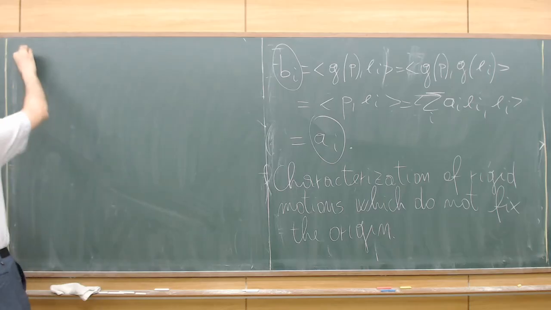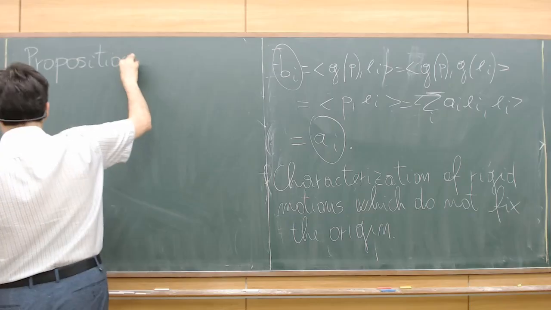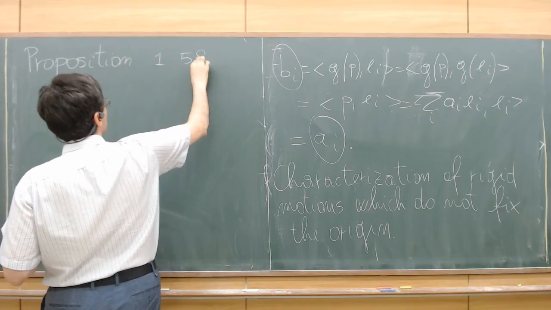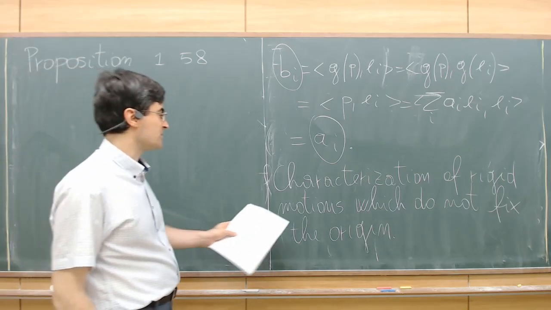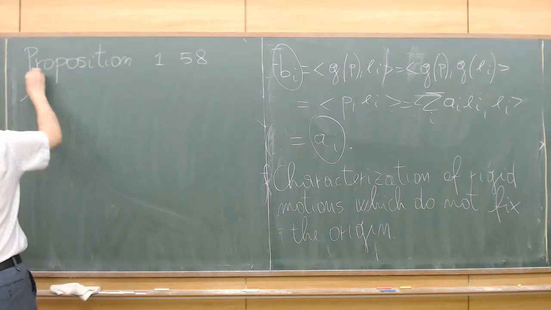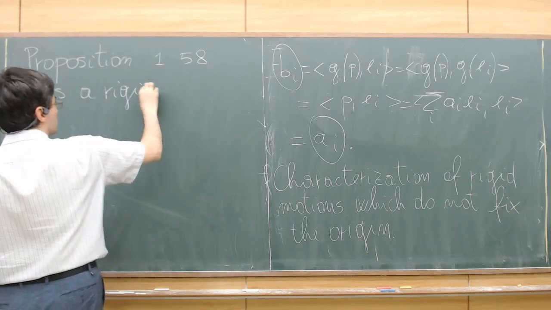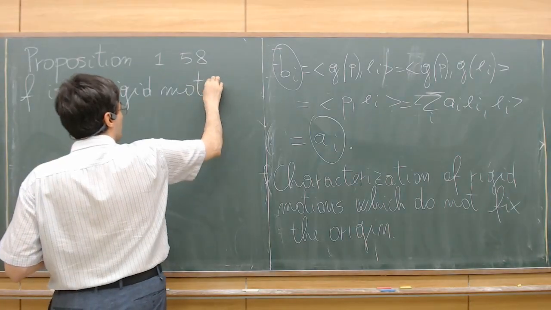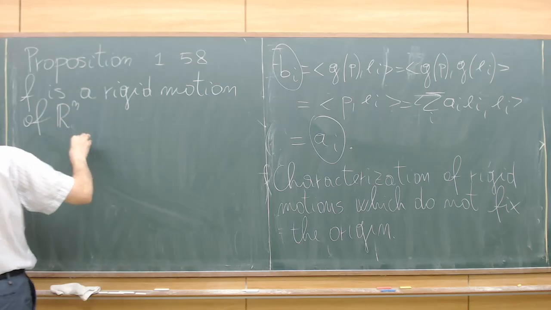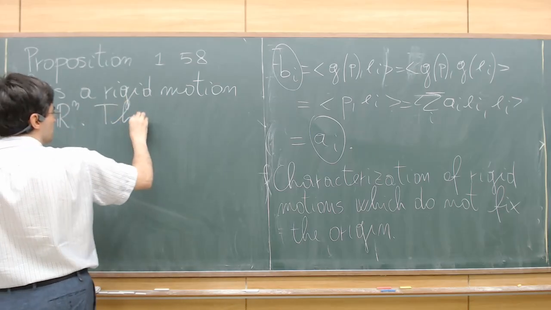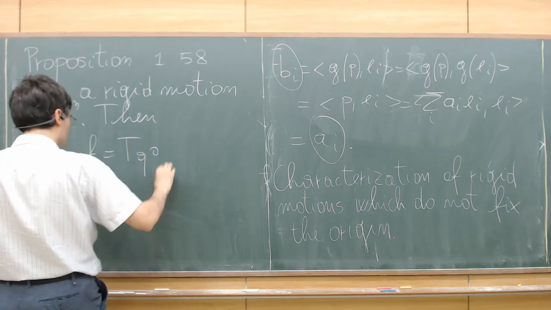The answer is provided by proposition 1.58, which says that if F is a rigid motion of Rn, then we have this formula: F is equal to TQ composed with LA,